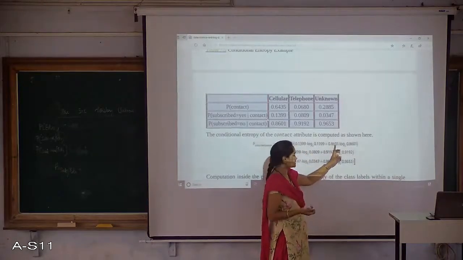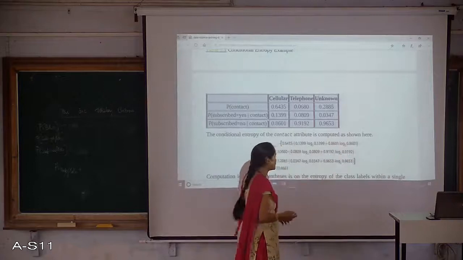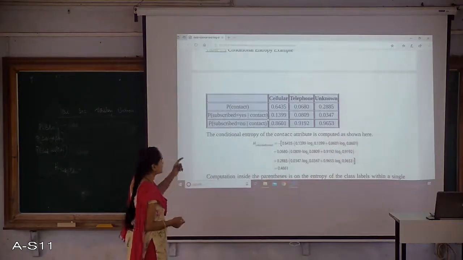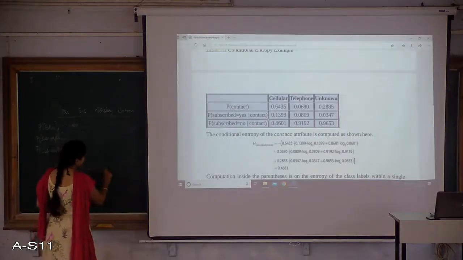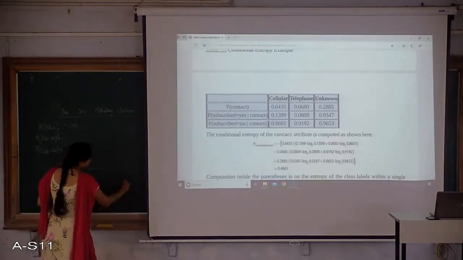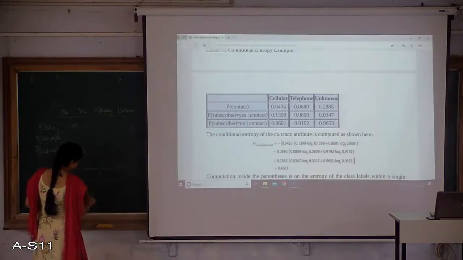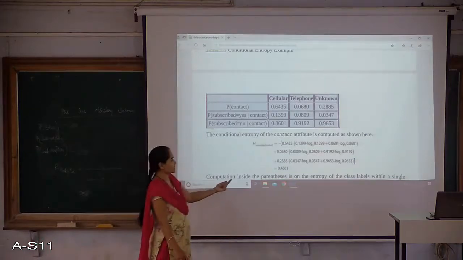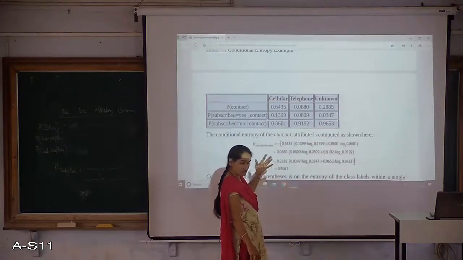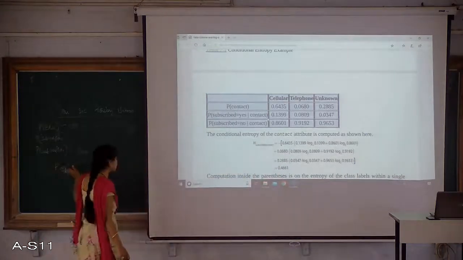Similarly for all the categories, I am going to get 4 entries here and some values. So this is my conditional entropy on education.